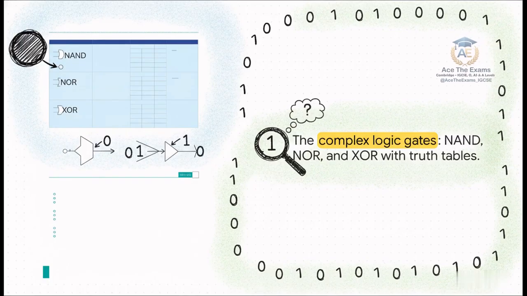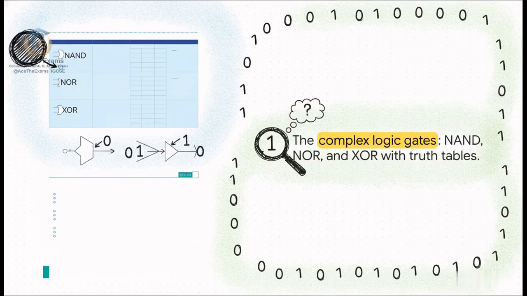It outputs a 1 in literally every single scenario, except for when both inputs are 1. NOR follows that exact same logic. It's just your standard OR gate, but again with that NOT inversion circle at the end. This means it only ever outputs a 1 when neither A nor B is a 1. If there's even a single 1 hiding anywhere at the input, that NOR gate just shuts right down and outputs